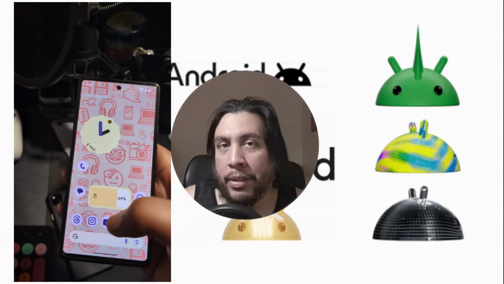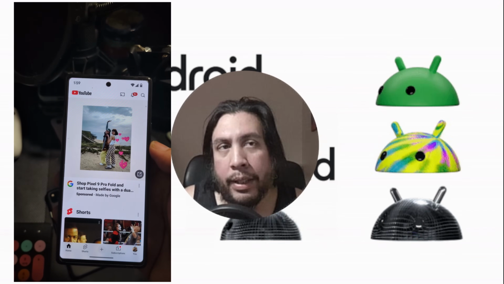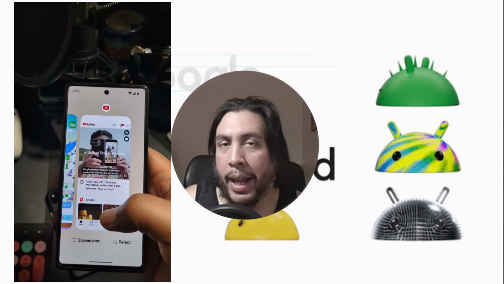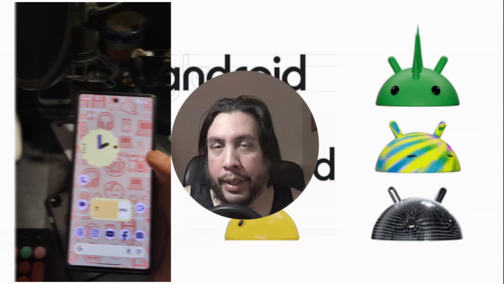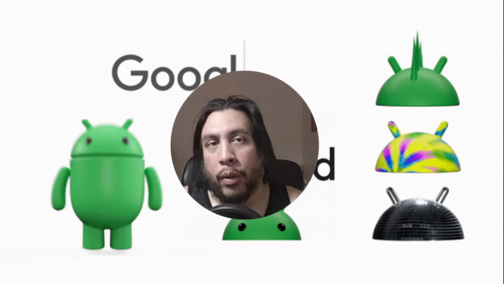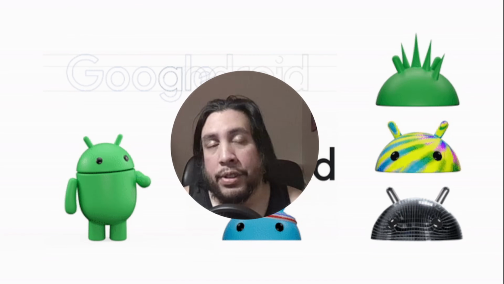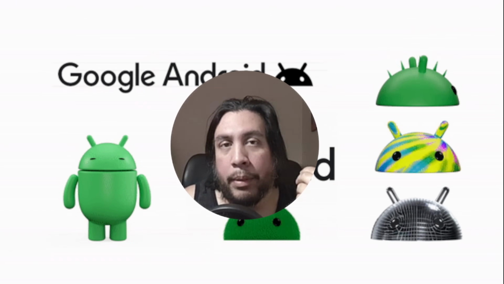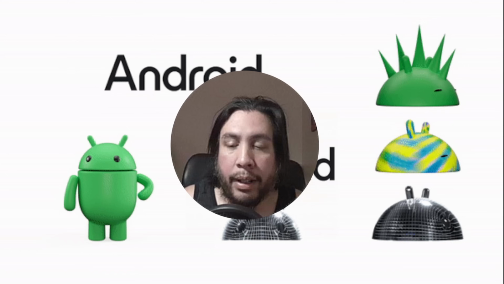Everything else is pretty much under the hood. It's more in the code of the software that they've made some changes and added some security things for better security. Of course, I'll go over all that when Android 16 fully launches, and we'll go through all the changes then. But I just wanted to give you guys a quick update on the Pixel 6a and how it's handling Android